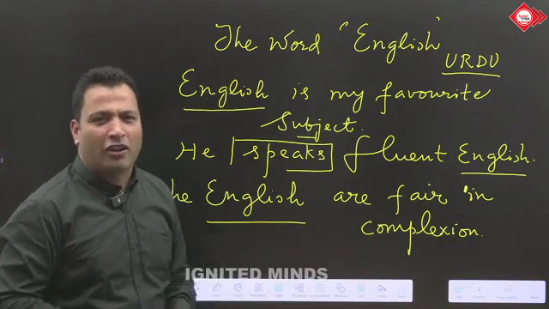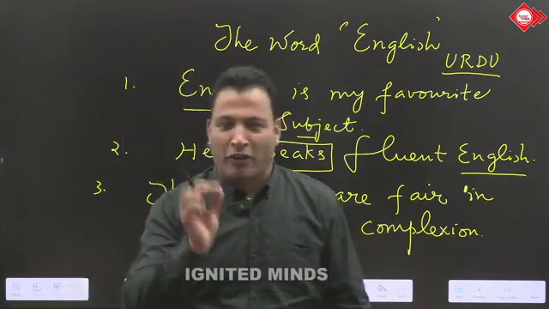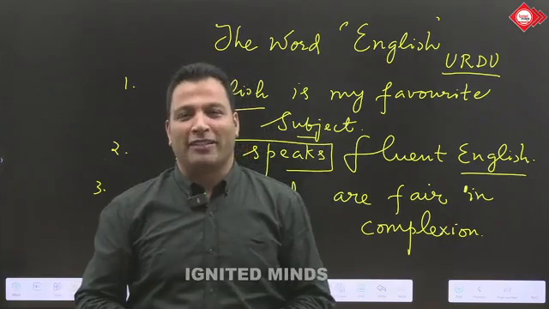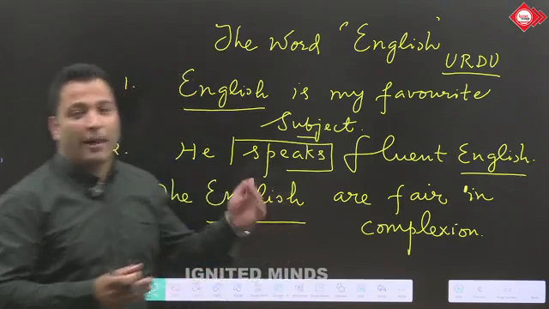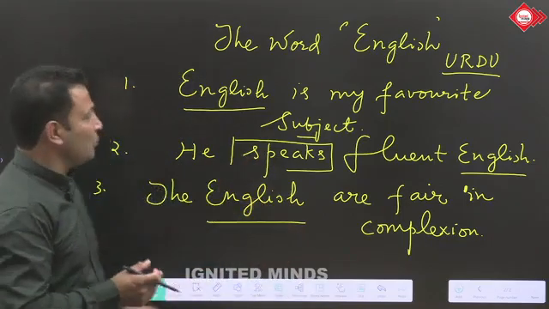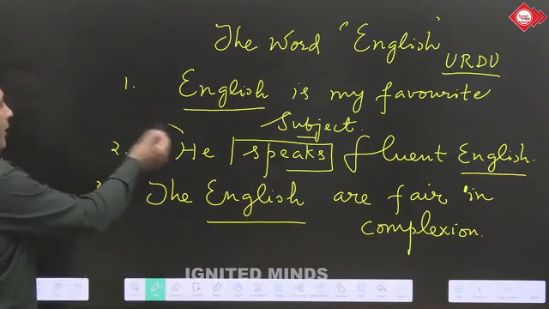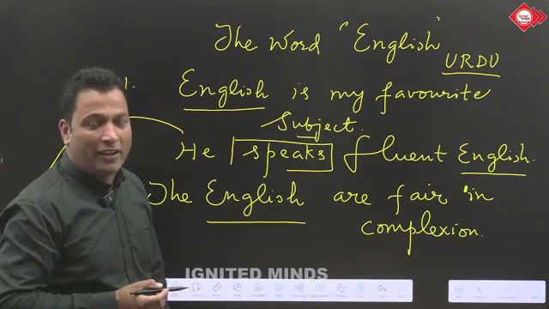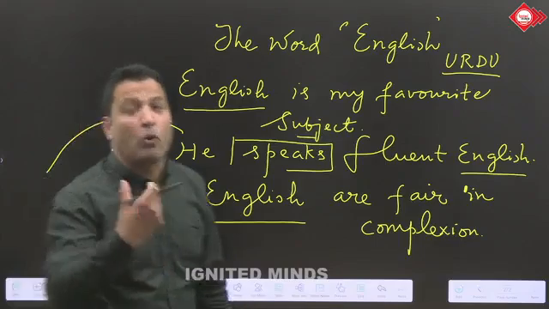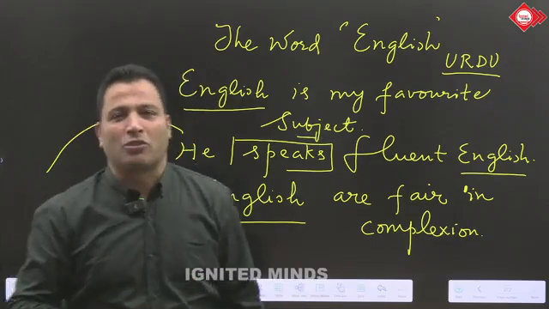आज की बात चल रही है वर्ड इंग्लिश पे. We are focusing on the word English. In the sentence first, we said English is a subject. In sentence 2, we said English is spoken, and whenever it is spoken or whenever a language is, whenever we talk of spoken things, we obviously talk of language.